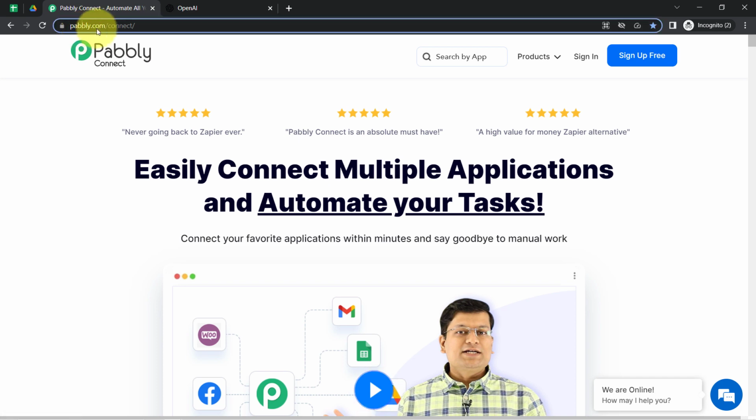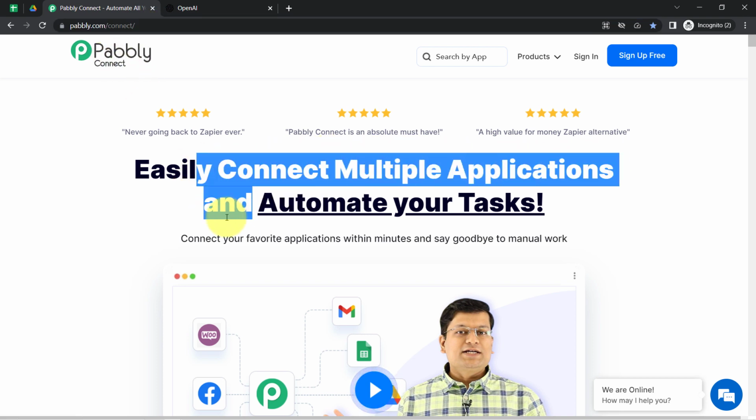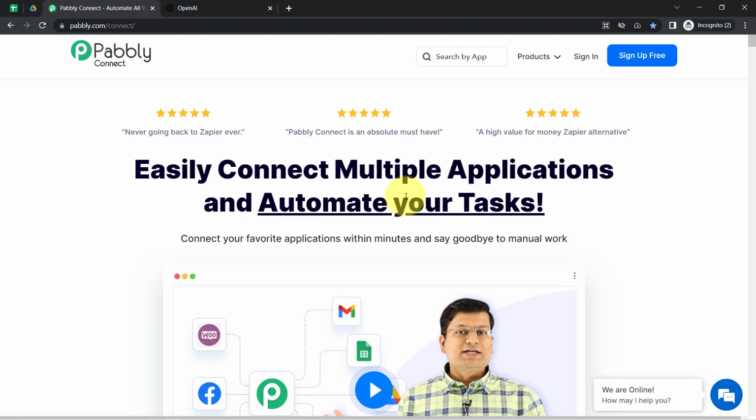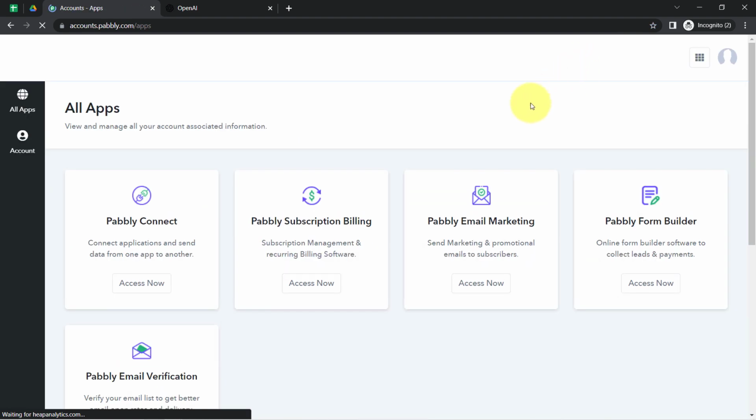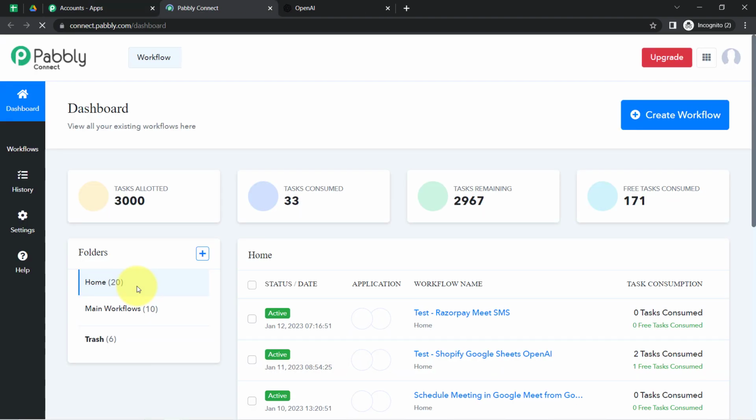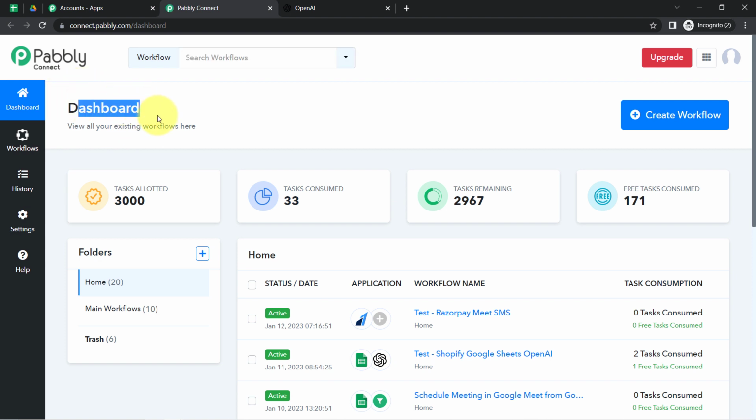You can also reach here by typing pabbly.com/connect. I will also attach this link in my description box, and using this software one can easily connect multiple applications and automate tasks. Now, if you are a new user of Pabbly Connect, you will have to sign up for free. You will also get free tasks every month to test these kinds of amazing automations in your free account. I'm already an existing user of Pabbly Connect, so I'm clicking on sign in, and then I have clicked on access now, and this is how I have reached the dashboard of